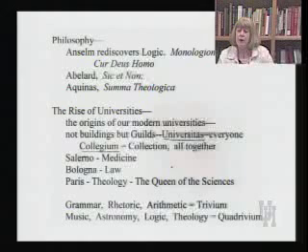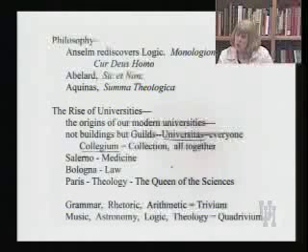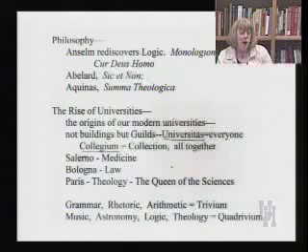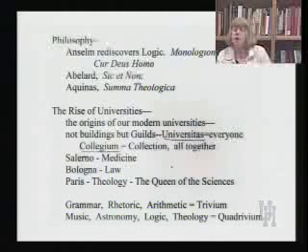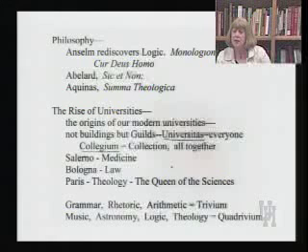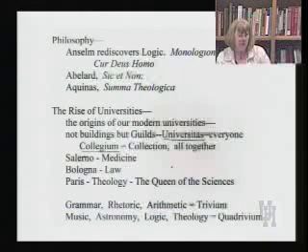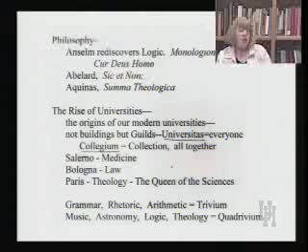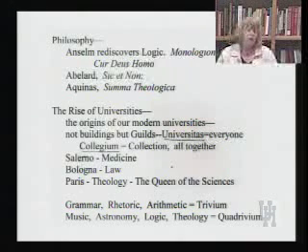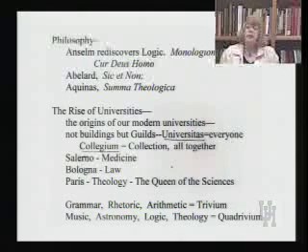In Bologna, very early, the concentration was on law, and so Bologna was the most famous law university. In Paris, theology was the queen of the sciences, and so all the theologians gathered at the University of Paris. The university began in Bologna. Bologna is the first place where you see the university